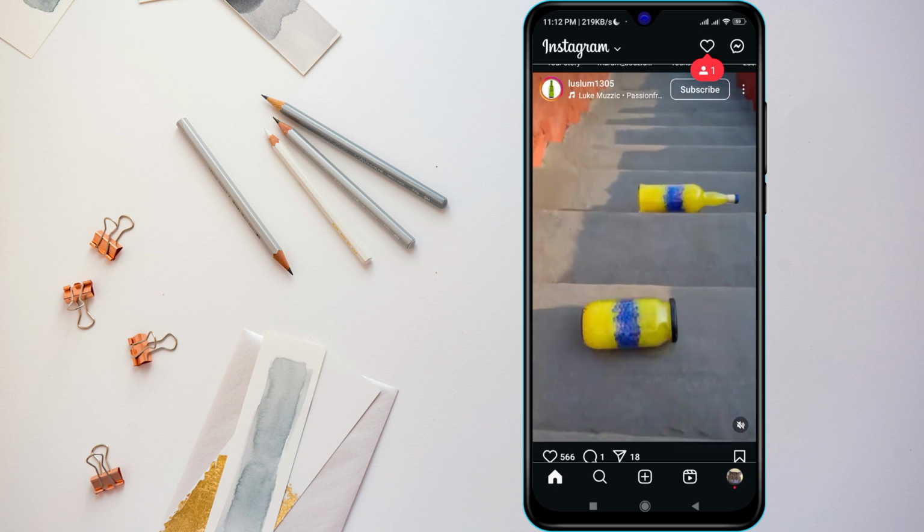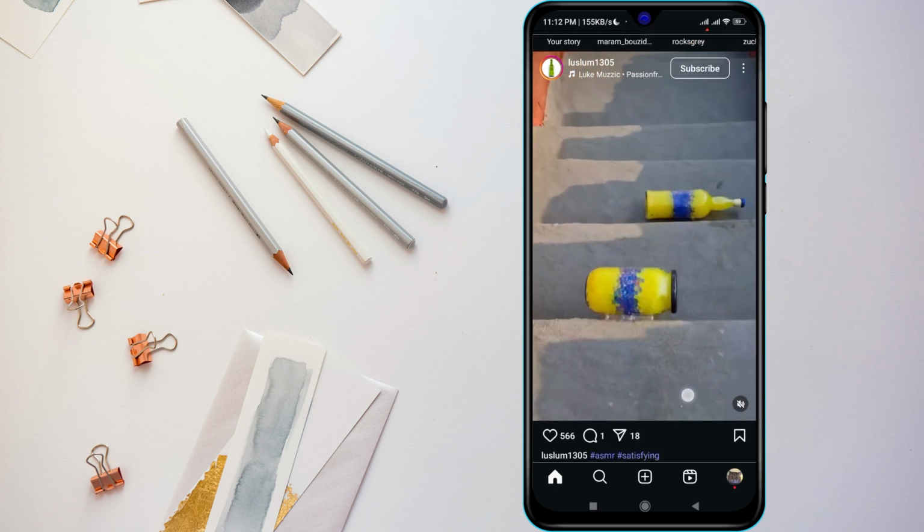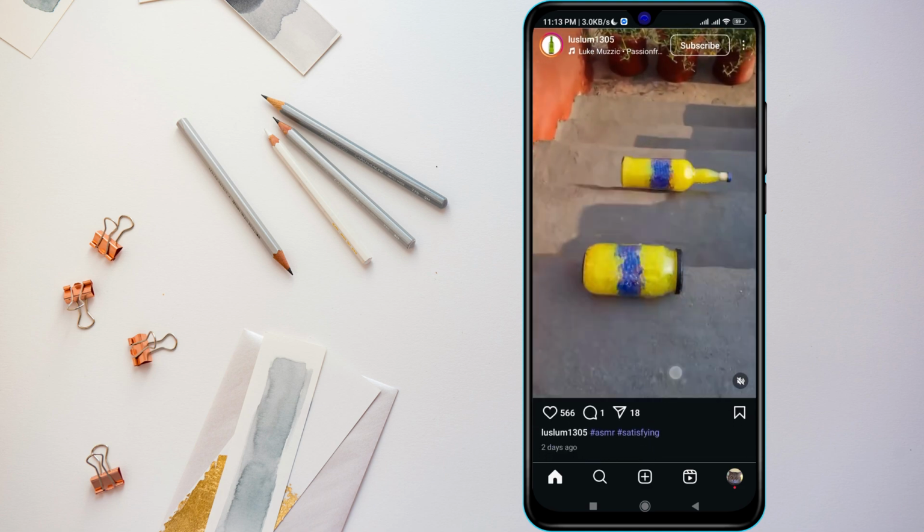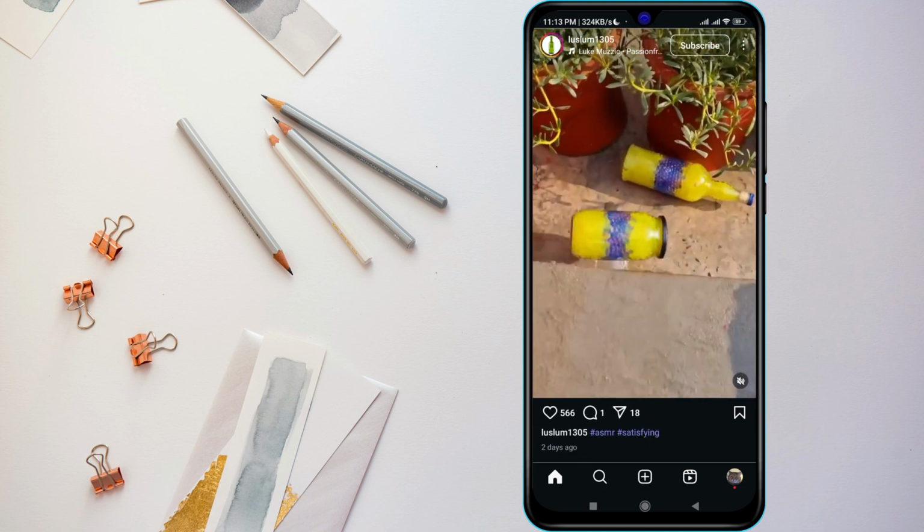As a final step, try reinstalling Instagram. Uninstall the app, restart your phone, then download and install Instagram again. That's it. Now you know how to fix the Instagram unknown